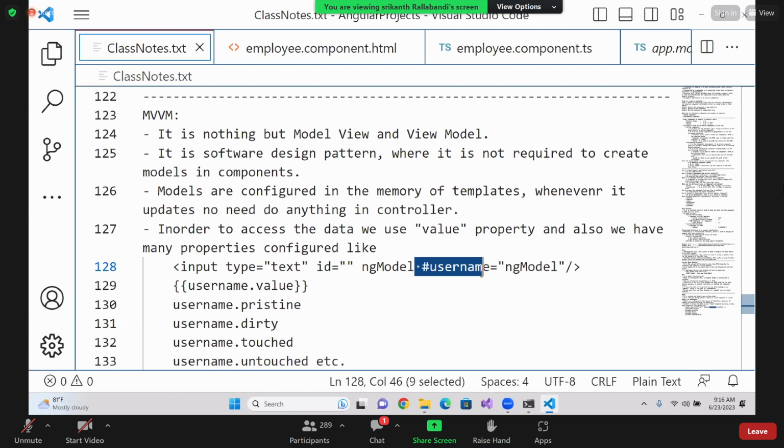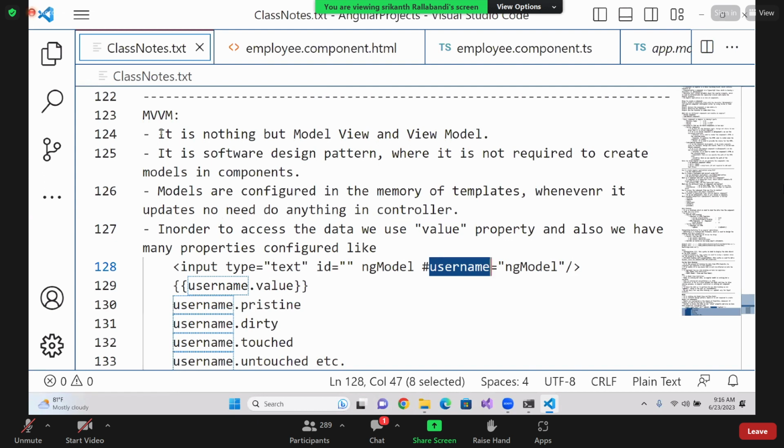Suppose in your project, most of the people are using MVC, then follow it. If the people are using MVVM, then you can follow, because this approach we have from 2.0 onwards, and MVC came at around 4.0 or something. Both are supported, but according to my experience, I am telling you, if you have very few input